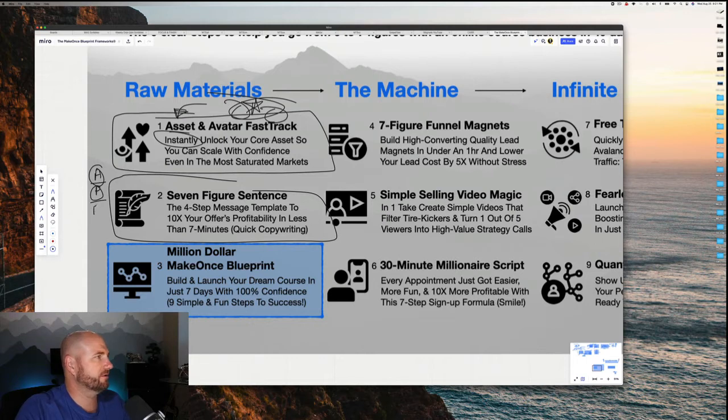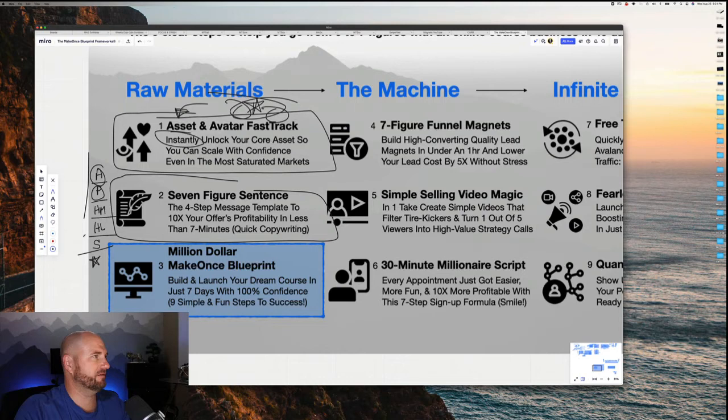So you can just put whatever, how much, HM. All right, how long is it going to take? HL. All right, and what are you going to remove? What kind of pain are you going to remove? And what's going to happen after all that? So it's just like a basic timeline, like a tree trunk, tree branch, leaf, apple. Okay? So once you know how to communicate your message, then this $1 million make once blueprint thing,